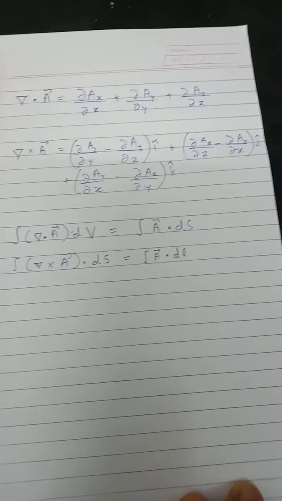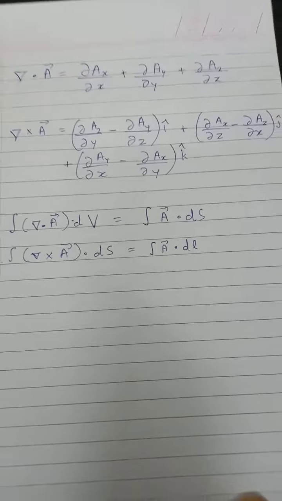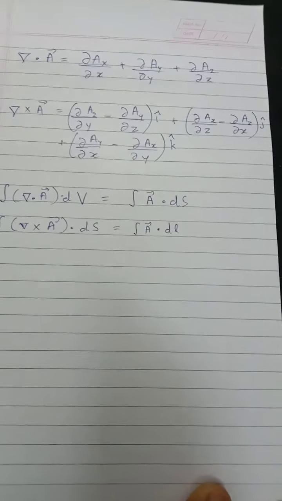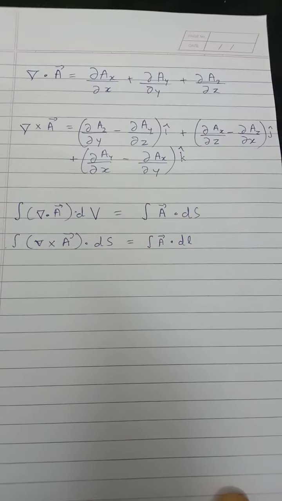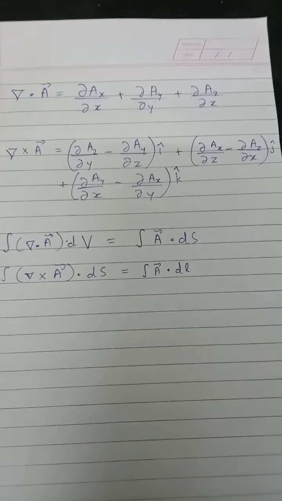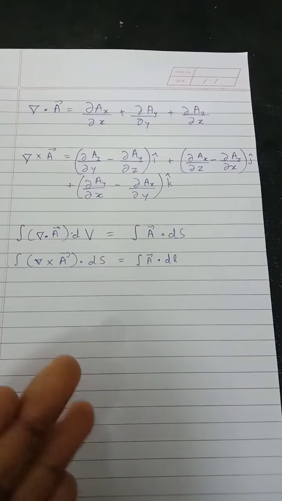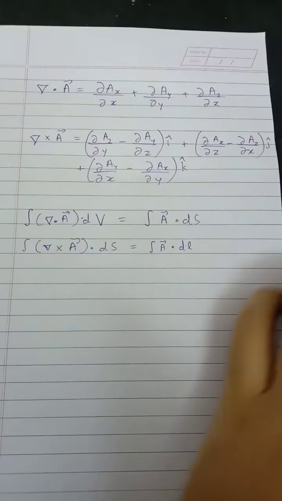So the 4 topics are the curl operator, which is a vector calculus operator, the divergence operator, which is also a vector calculus operator. You need to know the concept of the partial derivatives and partial differentiation, because the Maxwell's equations are partial differential equations, and you need to know the basics of vector fields. So what I have written are a few formulae which are required to solve Maxwell's equations.